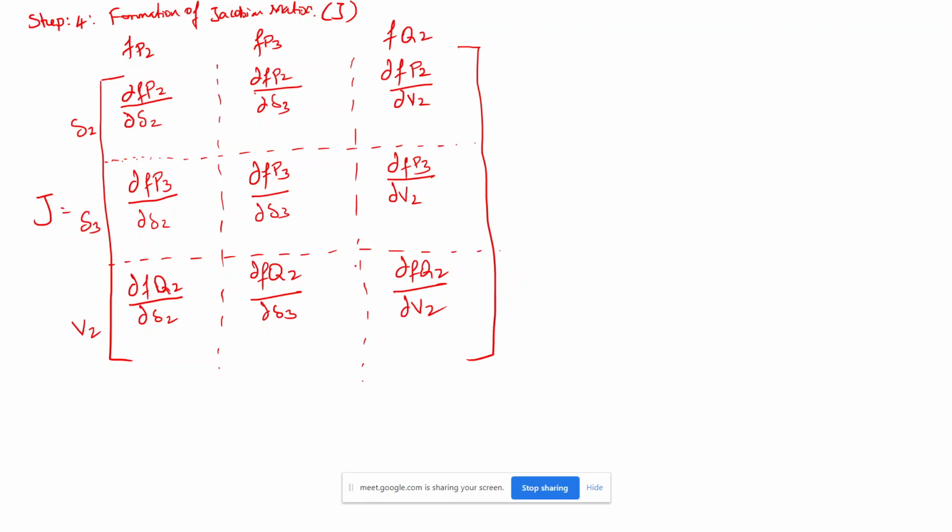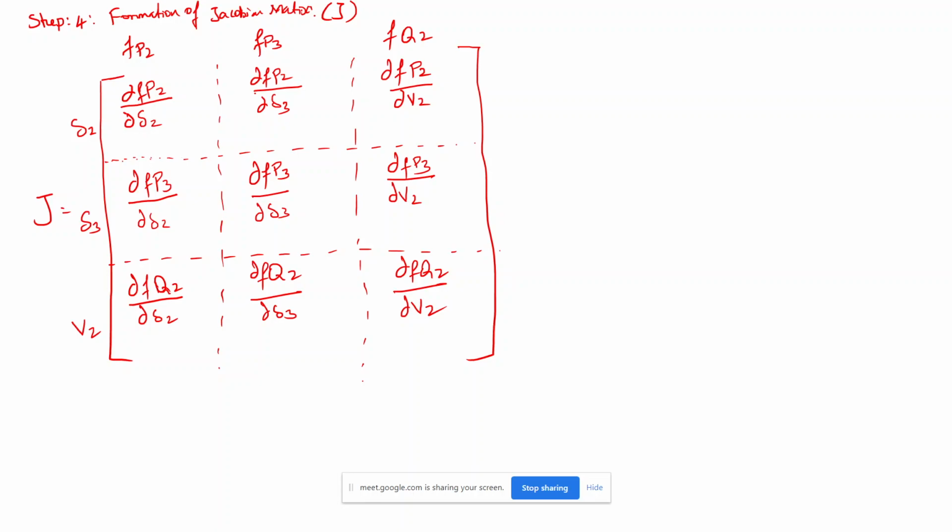Got it? So you can see how this Jacobian matrix is found. I took all the corresponding equations here, and all the unknown values here, and I have taken the first derivative only. It is not any higher order, just one derivative. For the first derivative I have taken P2 for all these 3, P3 for all these 3, and Q2 for these 3, and the unknowns for the column vectors. The first one for the first column, the second for the second column, and the third for the third column. Only first order derivatives, right?